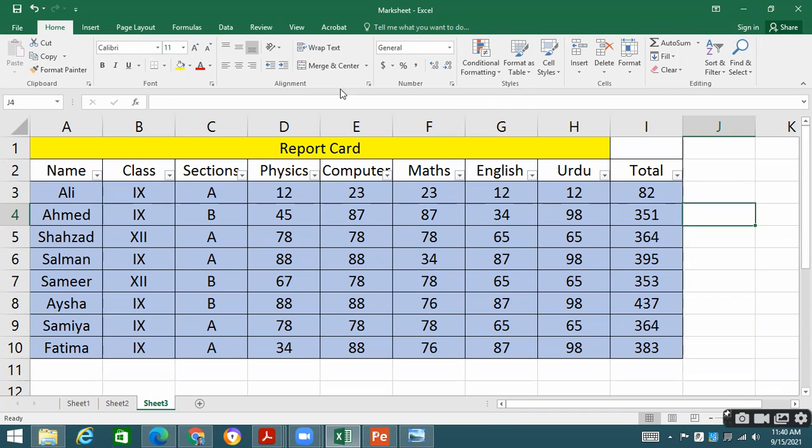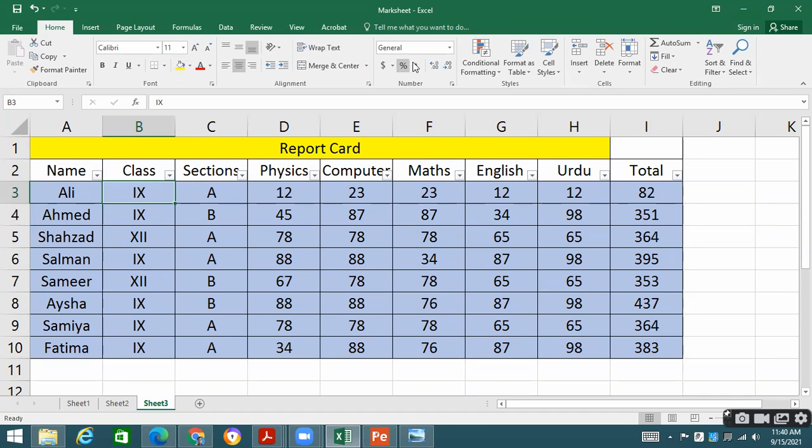What we need to understand over here is that these alignment tabs are there to make alignment, whether you want to make it left side or center, or you want to put the data on the right side. So you will be able to see that you can make this alignment inside the cell. So this is possible for you to make this alignment.